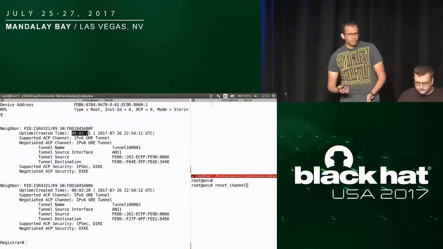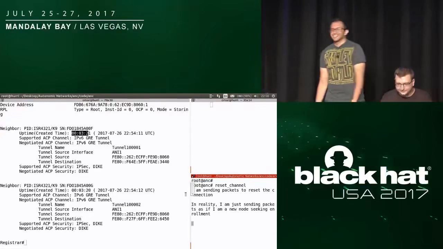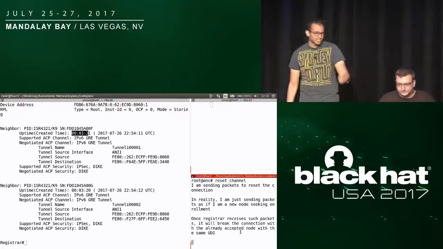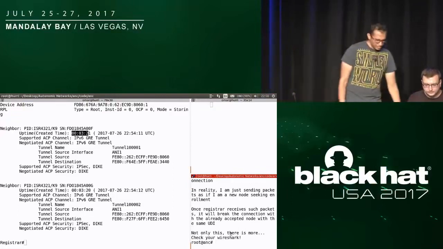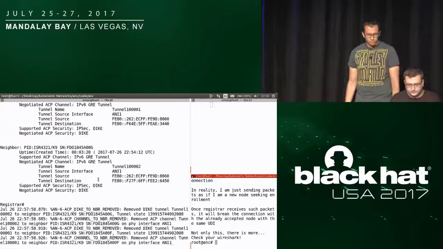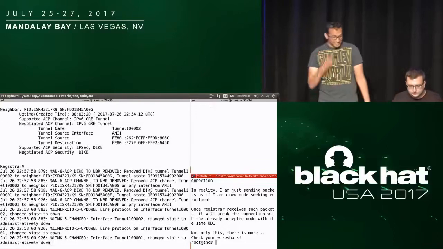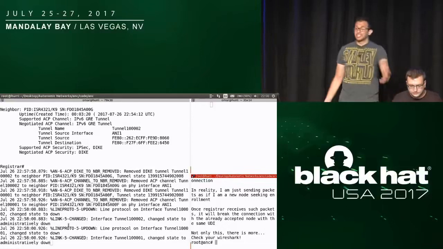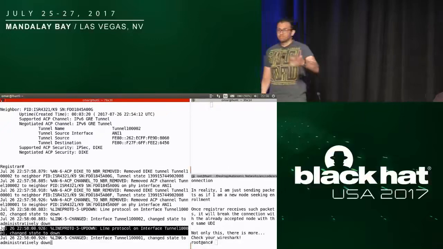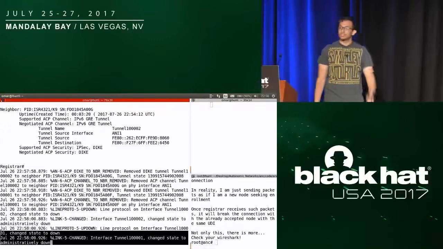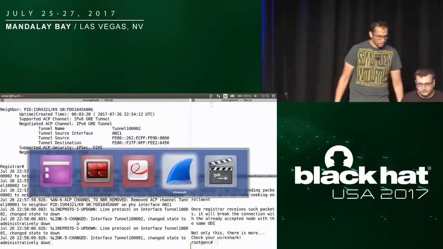I hear Wojtek here is typing something. Well, I see that he's saying he will just reset my communication. I think it's not that simple, come on. This is the main thing. And he even says something like, check your watch. Okay, so I see here that the tunnel interfaces are really going down. Anyone inside your network can just drop the communication, can just reset your communication. And by saying that, just go to Wireshark, so please take me to Wireshark.